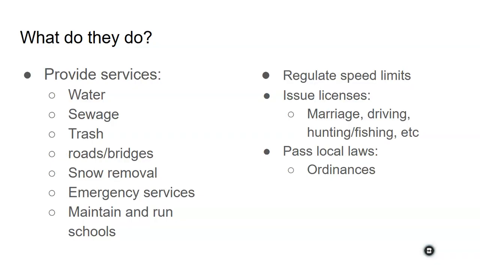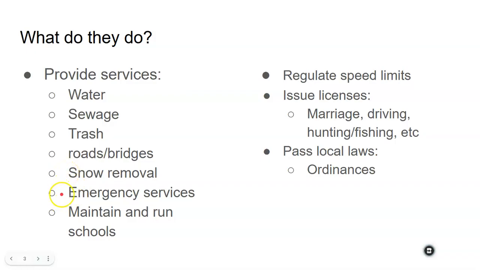So for example, if you live on a road called Township Road 90, then the township is the one that clears the snow and maintains the bridge or the road. Whereas if it's a state route, then the state of Ohio will do that. But generally, there is almost no federal involvement from the national government in Washington, D.C. when it comes to roads and bridges. That is all state governments and local governments. Snow removal is always local, okay?